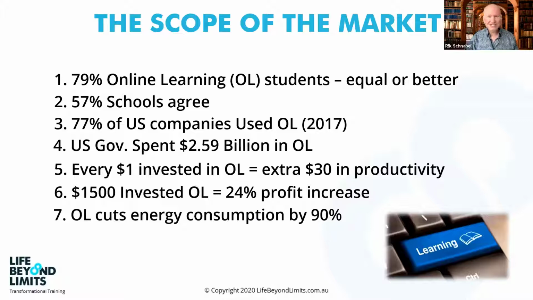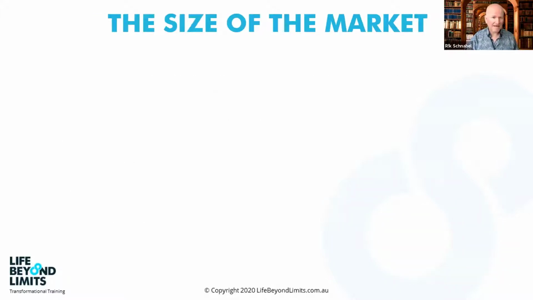Now, here's the big one. Online learning cuts energy consumption by 90%. Over this year, I've only done one training, and that was just as COVID was happening. We were running our speaker training, and that is it. I haven't jumped on an airplane. I haven't been in hotel rooms. I haven't expended any fuel. I haven't had to print up a number of manuals. So you can start to understand why online learning reduces our consumption of energy by 90%. And I think this is going to be a big key figure as we roll out our future.